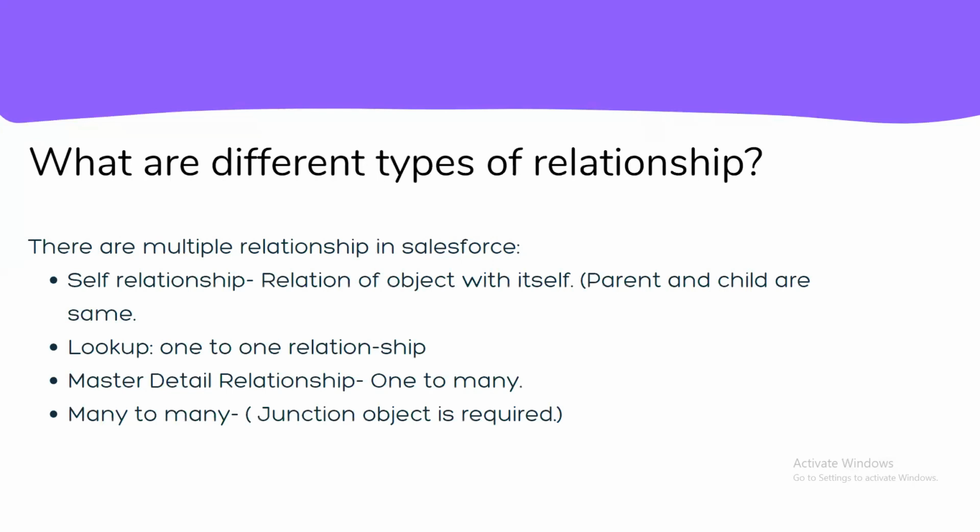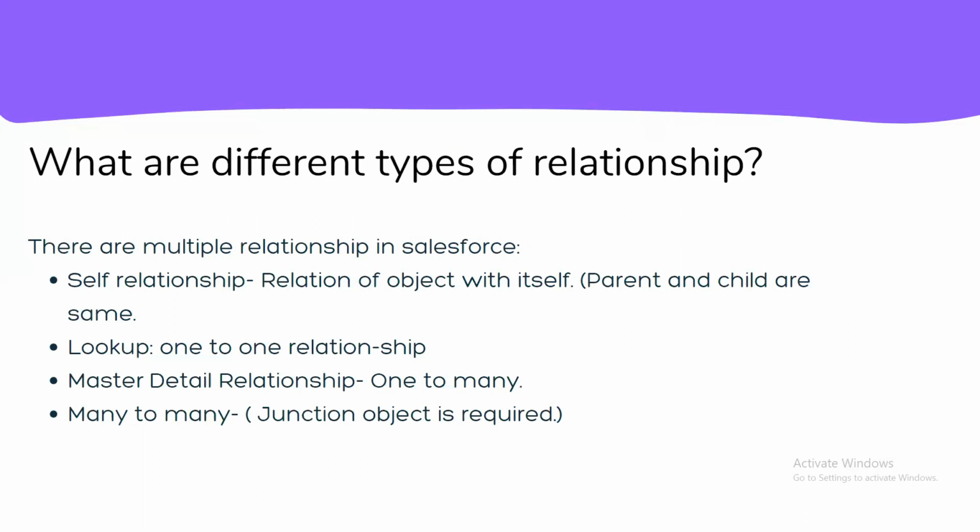What are the different types of relationship? There are multiple relationships in Salesforce. Example: self relationship, lookup relationship, master detail, and many-to-many. Self relationship is a relationship with the object itself. Parent and child both are the same. Lookup is like a one-to-one relationship. Master detail is a one-to-many relationship, and there is another called many-to-many relationship, which we can make with the help of a